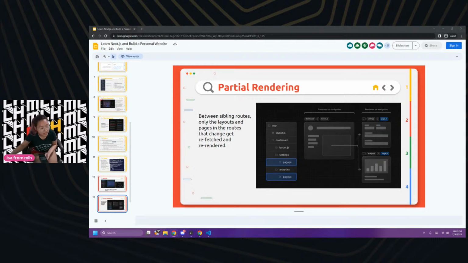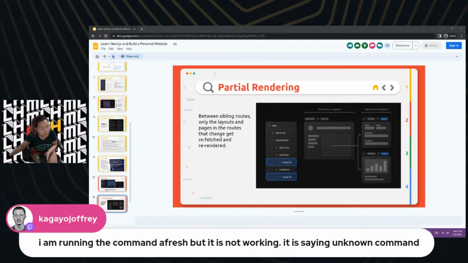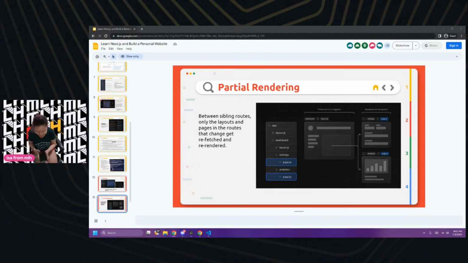Okay. Fresh, but it's not working. It's saying unknown command. So if you close your terminal and then open it again, it might refresh and let you do it again. So try that. In the meantime, I'm not giving up on this. I want to show you all my design. If not, we shall maybe Figma it.